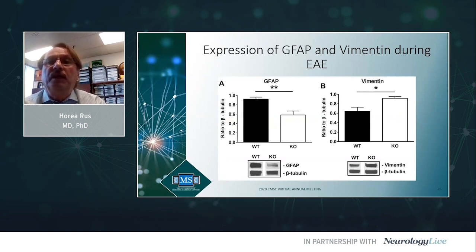We confirmed this data from the histology using Western blot, and in the Western blot we show that there is increased vimentin expression in knockout mouse compared with wild type, and also a decreased GFAP expression compared with the wild type, which also points toward the more progenitor radial glia type of cells being present during EAE in